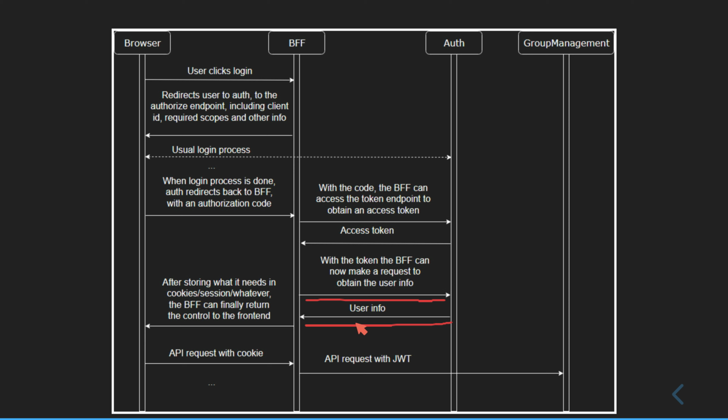It can be stored on a cookie, on the cache, whatever. After storing with this, the backend for frontend will store what it needs in cookies, so the browser can then be authenticated with the backend for frontend. And we'll finally return the control to the frontend, which in the next requests is already authenticated and can make